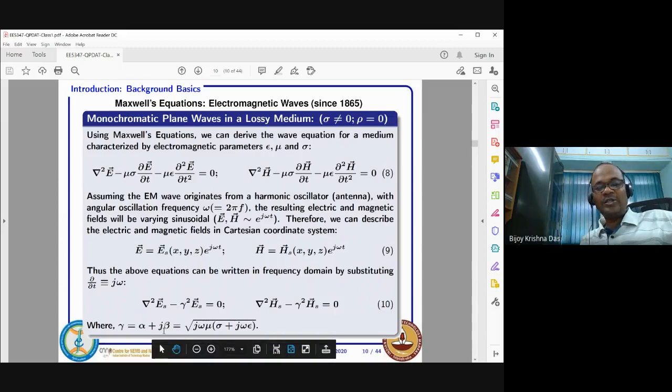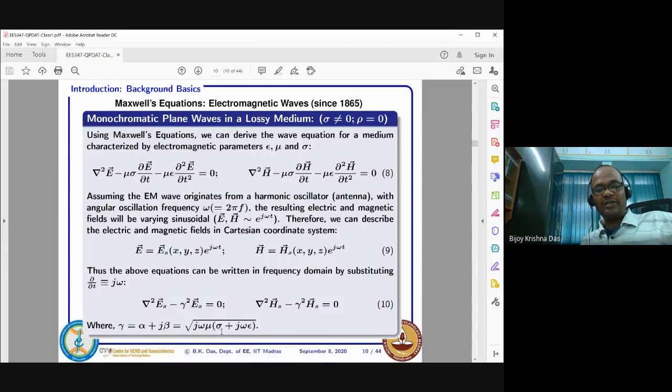But suppose sigma equal to 0, but your epsilon value or mu value is complex. Then you can write j times beta, with beta again complex. Or this gamma term will become again some real part and imaginary part. So there also you can see loss. So sometimes you can put gamma equal to j beta, if you put sigma equal to 0, for example, and mu equal to mu 0 also you can put, right?